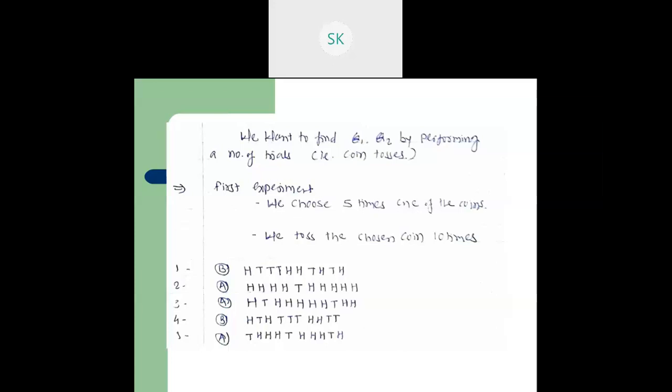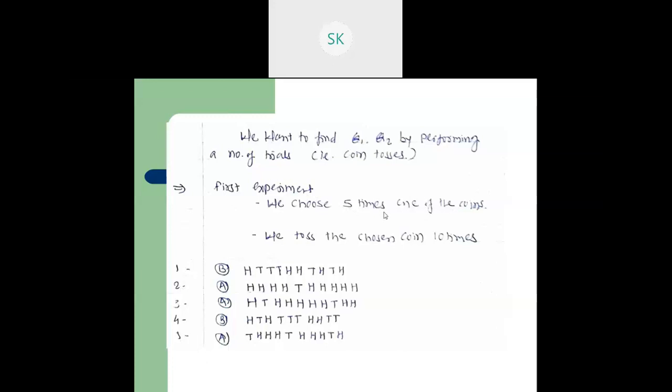Let's say one of the coins is chosen 5 times. It's not that both are chosen 5 times; in 5 trials, we choose randomly one of the coins, as elaborated in this example. These are the 10 tosses, and we have done this task 5 times. Which coin is chosen for the trial of 10 tosses is